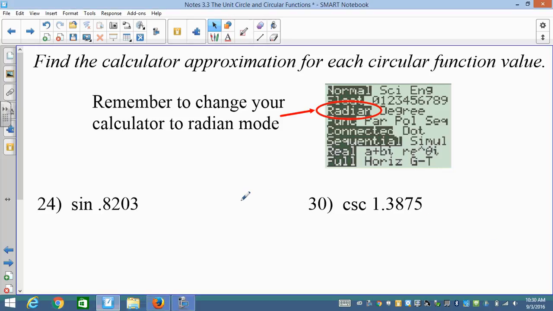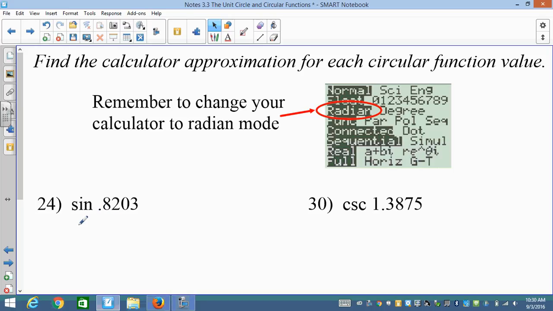Okay, and so we welcome you back to day 2 of the 3.3 unit circle and circular functions. But today it's just more on radians, and we're going to play with the calculator on these. So remember to change your calculator to radian mode at this point. You'll have to pay attention to the problem to determine if you need radian or degree mode, because if there's a degree symbol, you're going to want to be in degree mode. If there's not, then radian. Okay, so they're asking you for the sine of